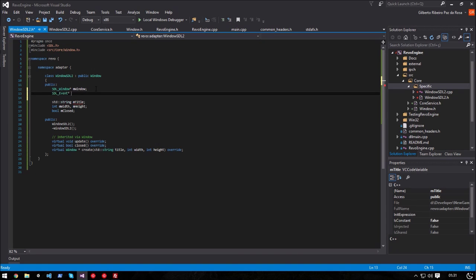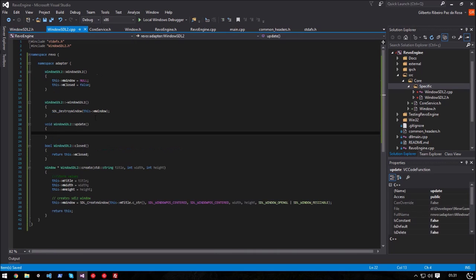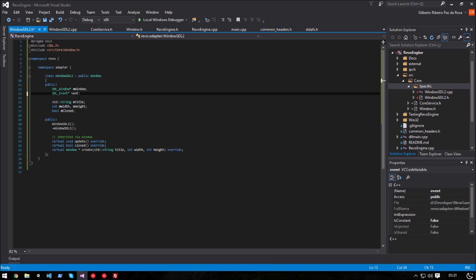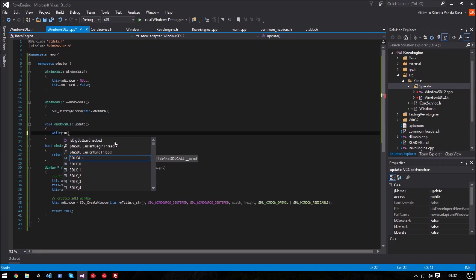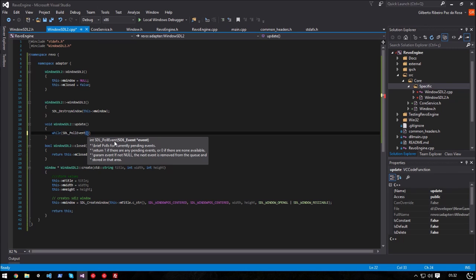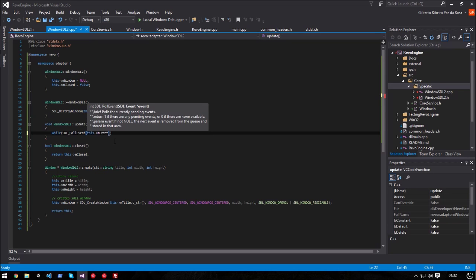The event is going to be handled in here. We need an SDL_Event. Here is the handler that we're going to use to handle all the events. So SDL_PollEvent, this and event,